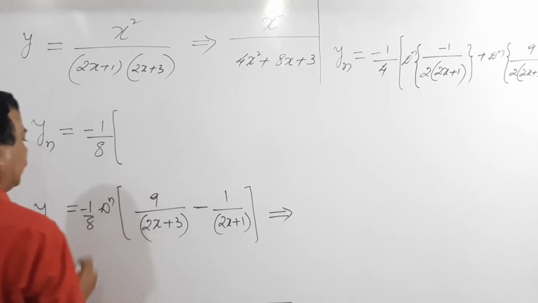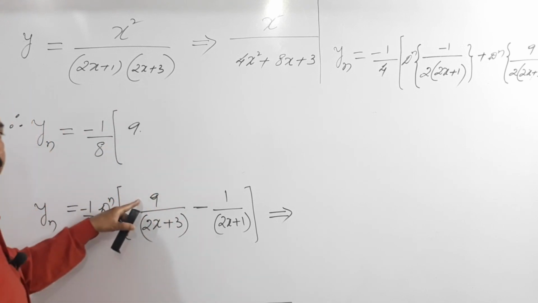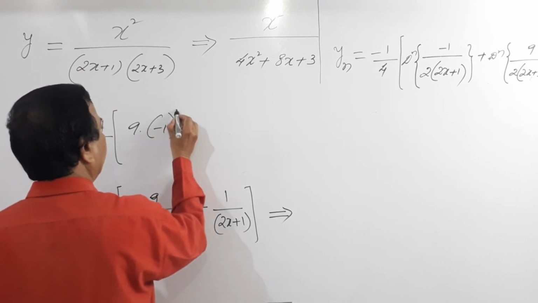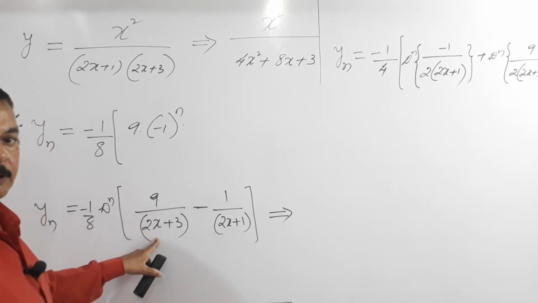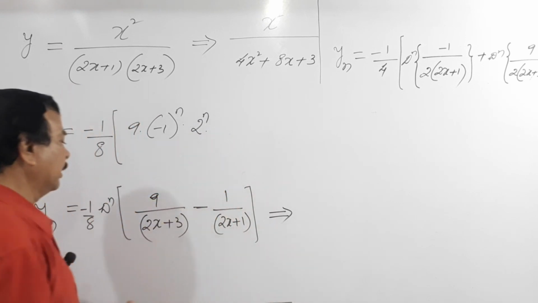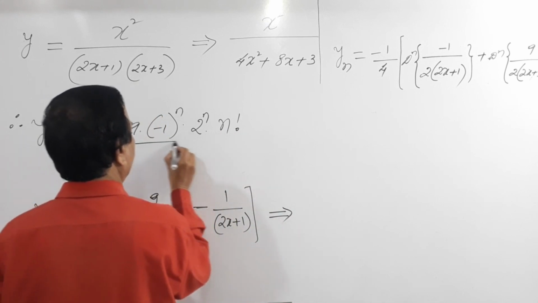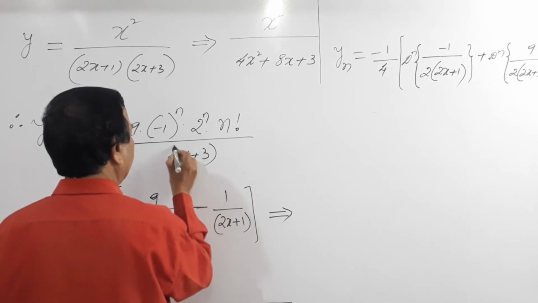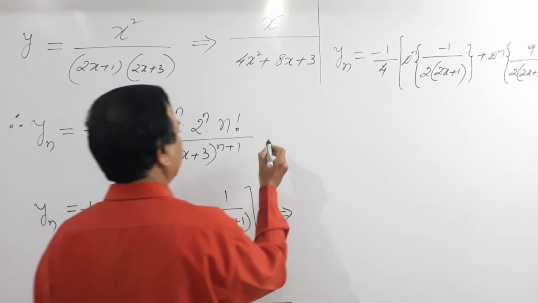Now 9, don't write 9 to the power of n, so 9, take it, this is minus 1 to the power of n, so a to the power of n, so here the coefficient of x is 2, so this becomes 2 to the power of n into n factorial divided by 2x plus 3 to the power of n plus 1 minus,